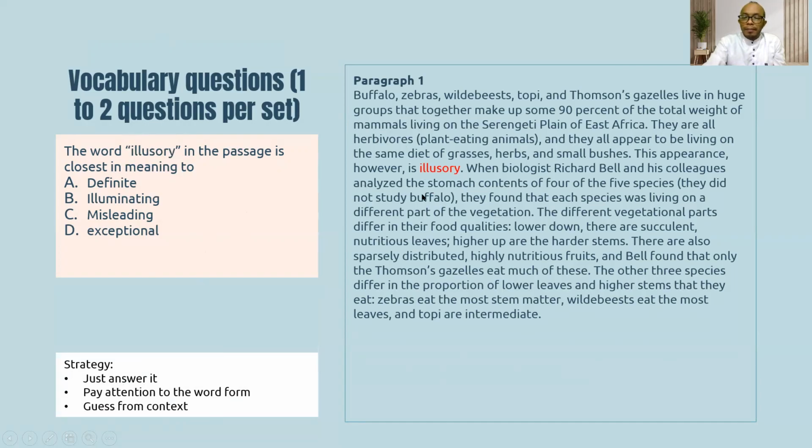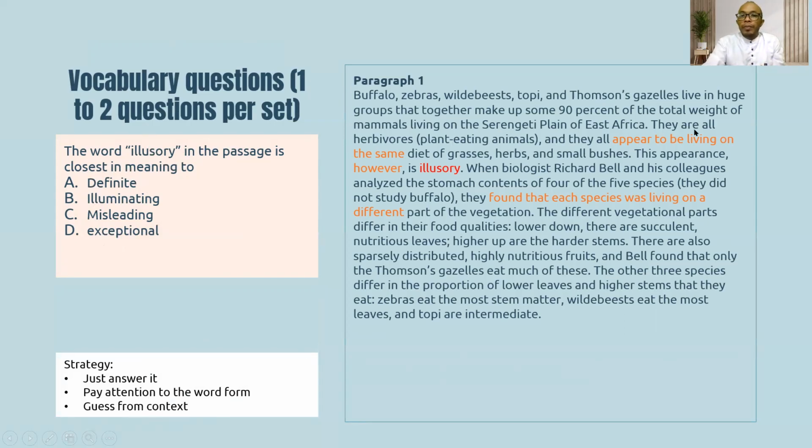All right. So before I tell you what the answer is, go ahead and try to answer it yourself. Are you ready to find out? Let's see. So here, imagine that we don't know what illusory means. And the word form is also the same with all of the options. So we have to go with the last strategy, which is to guess from the context. Now, if you